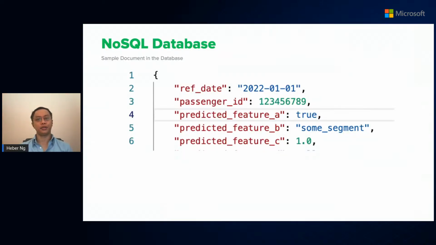The first reason for choosing Cosmos DB is that it is a NoSQL database. Here, data are stored as documents, with each document representing a single row in a traditional relational database table. A group of documents are stored in containers, which is the equivalent of tables in a relational database. A single document is usually represented as a JSON object, as you see on screen, where the internal fields of the objects can be loosely structured.